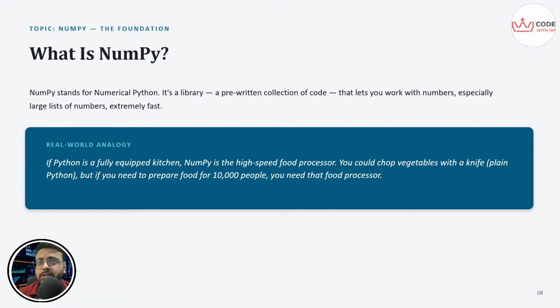I will answer that. Let me complete this. On the other hand, NumPy arrays force everything to be the same data type. Because of that restriction, NumPy can process the entire array using highly optimized low-level code, making it 10 or 100 times faster than a normal Python list for numerical work.